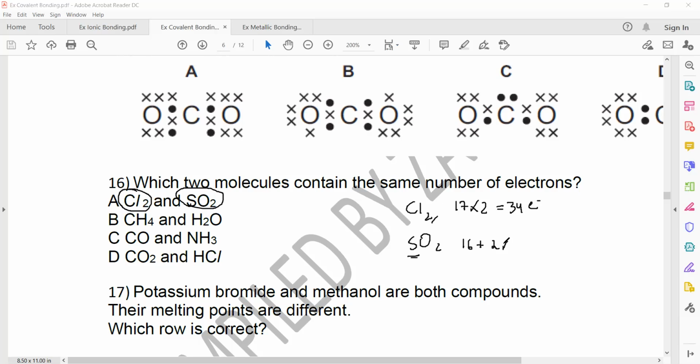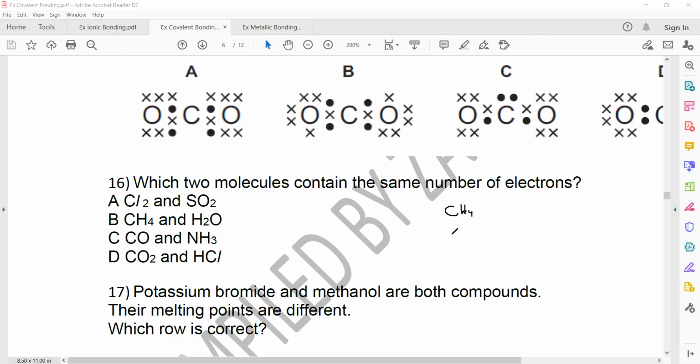So this will be 2 multiplied by 8. So when you solve, this is 16 plus 2 multiplied by 8, which is also 16, making it 32 electrons. So sulfur dioxide contains 32 and chlorine contains 34, so it cannot be A. When you check B,